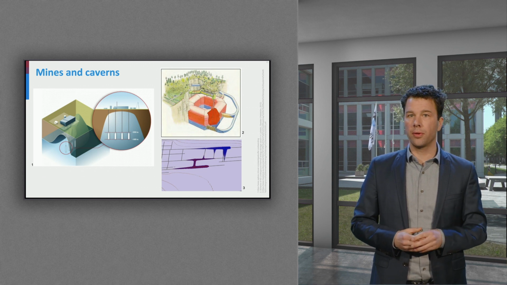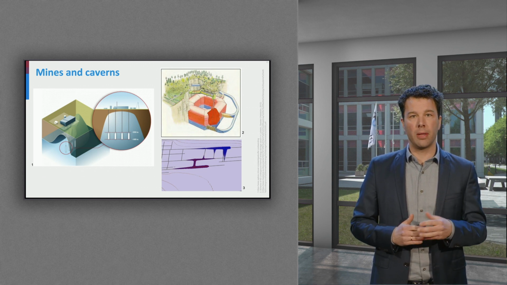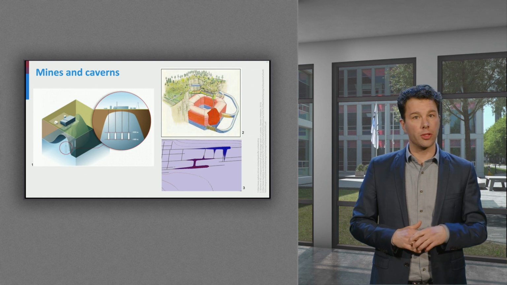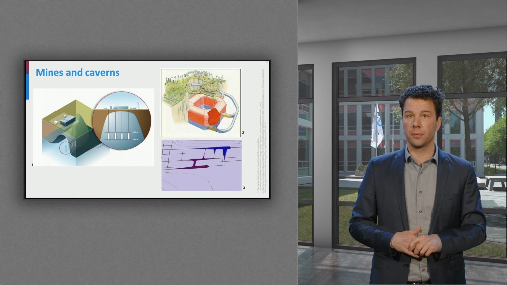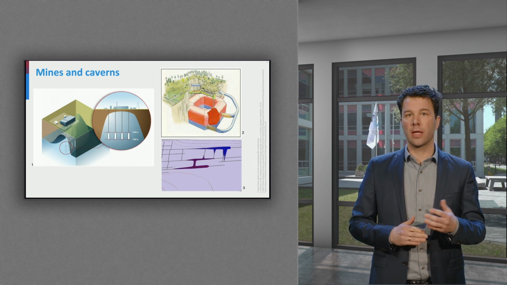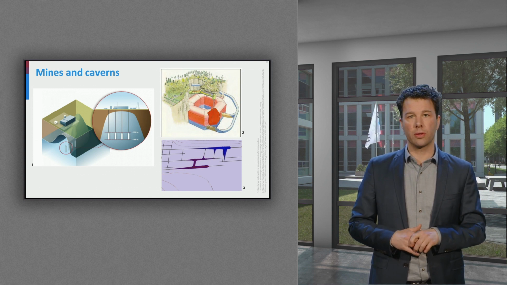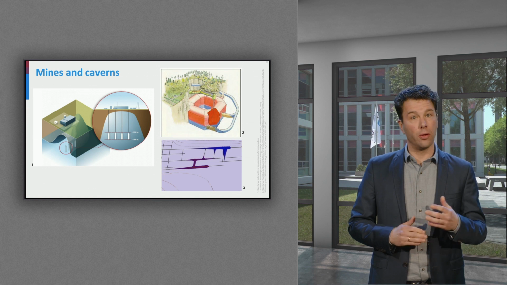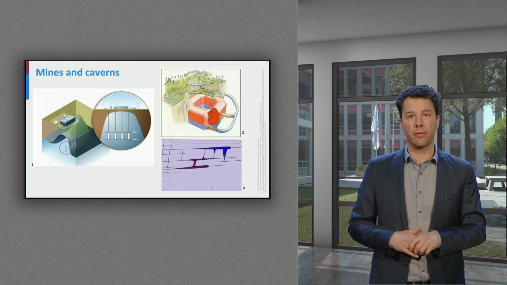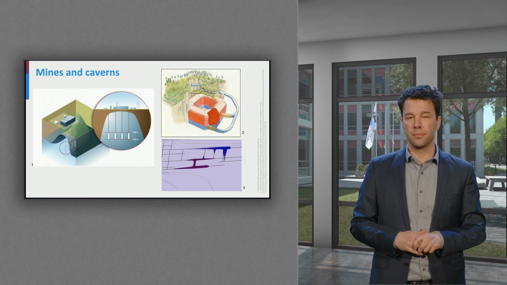From a more practical point of view, the debris in abandoned mines can be an important aspect to be considered because it may clog or damage pumps and heat exchangers. Also in caverns, it's difficult to control the thermal stratification, and often the chemical composition of the medium in the cavern is challenging to deal with.